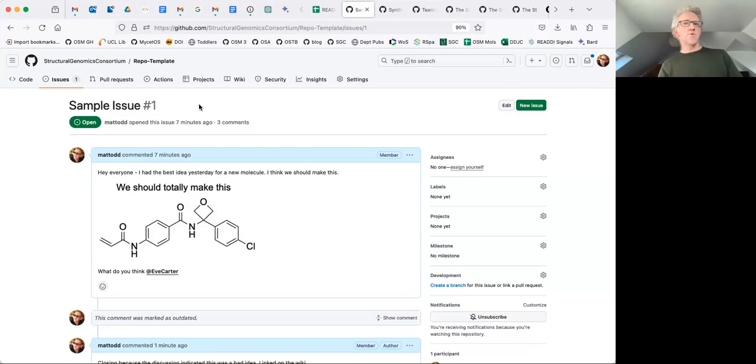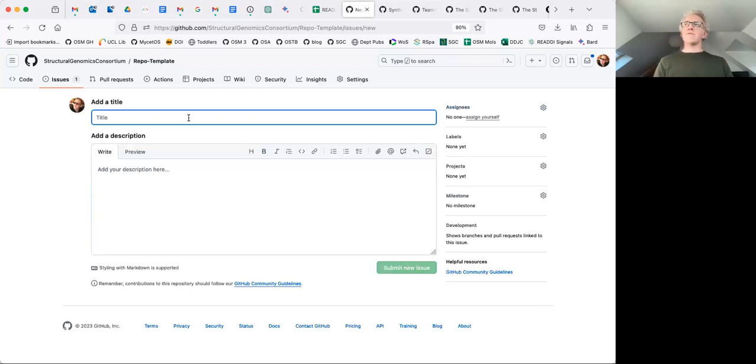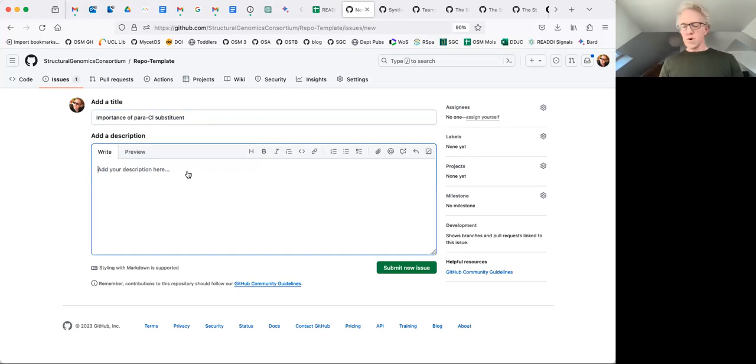Okay, so this is issue number 1. Let's pretend that I started a new issue number 2. And this one is about importance of para-Cl substituent or something, and we have a discussion about that, let's say, and we can talk about the fact that chlorine in the 4 position is thought to be important or something, and you end up talking about something, but it's relevant to some other issue that you've already had. And you can refer to issues that way by just saying as can be seen in, and then like number